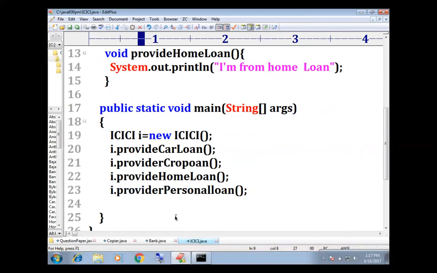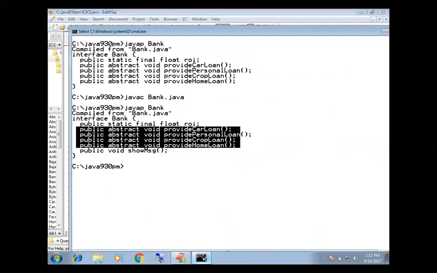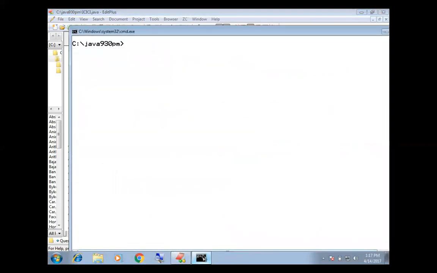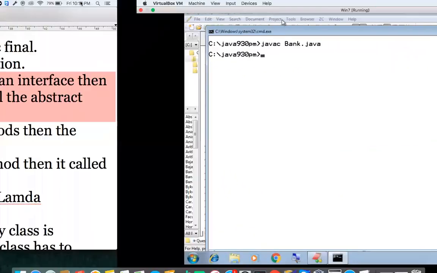One is the bank interface, Bank.java. Another is ICICI. Javac, what is your class name? The first thing is Bank, correct or not? Javac Bank.java is the first thing. There are no issues with this one. Successfully we got the